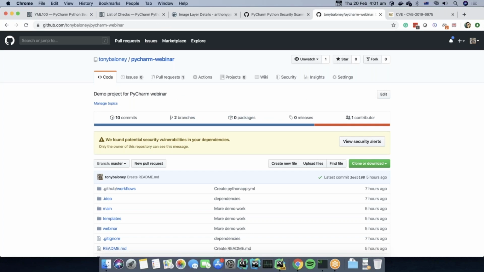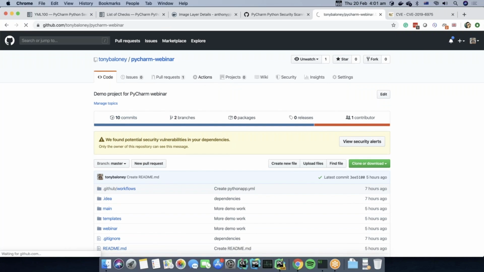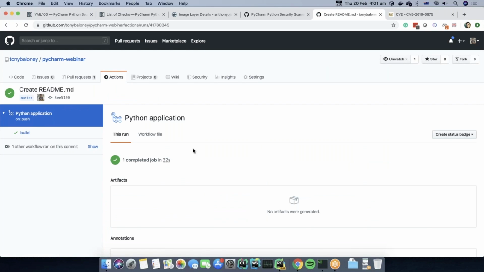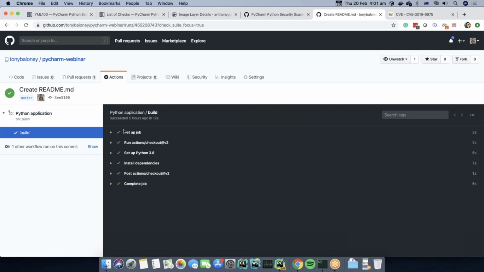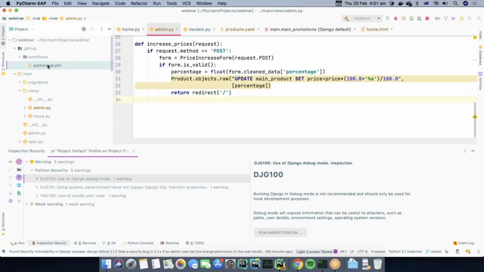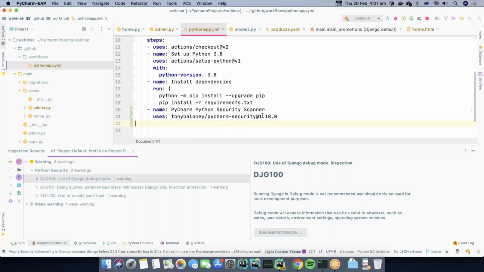And I've checked in the code for the webinar, this horribly insecure Django application that I've been building, and I'm using GitHub Actions as my CI/CD. And inside GitHub Actions, basically I can go and run a set of tasks. One other thing you can do is copy that code that it just gave you, paste it into here and save. You can check it in,